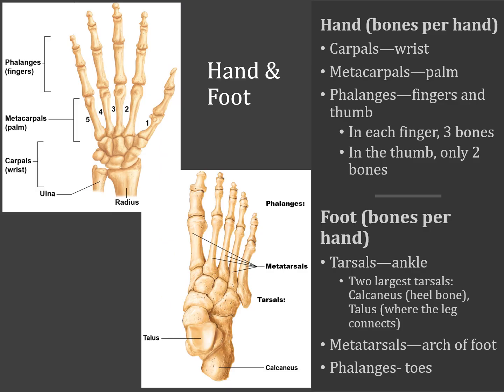Then you have your hands and your feet. So for hands and feet, I put these together on one page because they are very similar. So for your hands, you have your carpals, and this guy's a hand on this side. So this, right, you have your carpals, which are your wrist bones. You have your metacarpals, which is the palm of your hand, and then you have phalanges, which are your thumbs